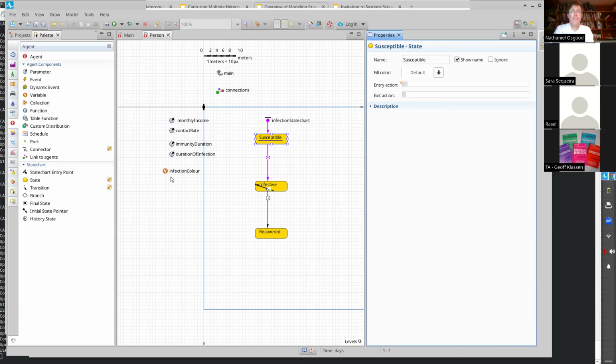Anyone? Infection color equals red or green or whatever I want it to be. Here, I'll say red. Sorry, green for this. Green for susceptible, red for infective,